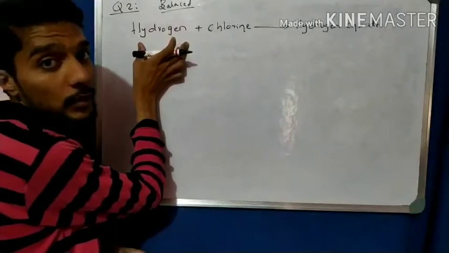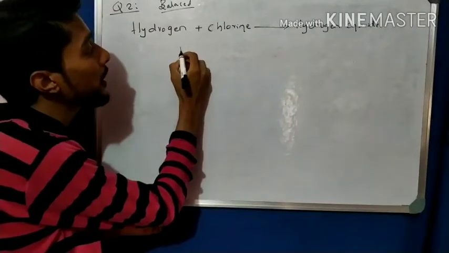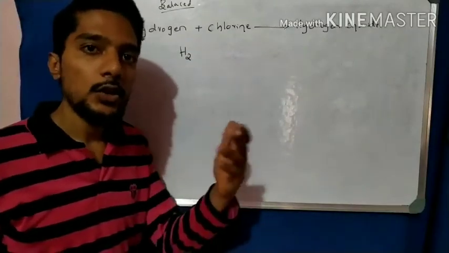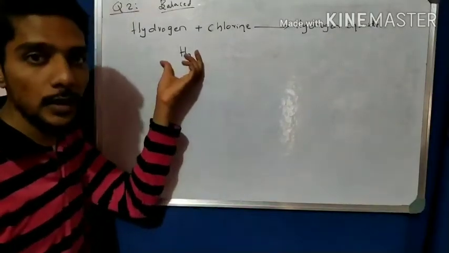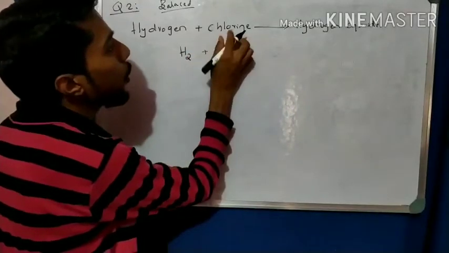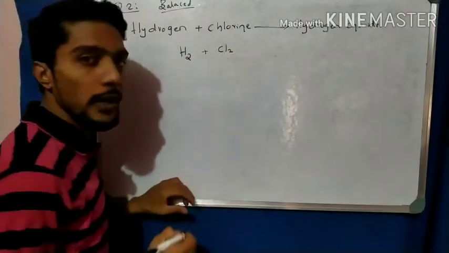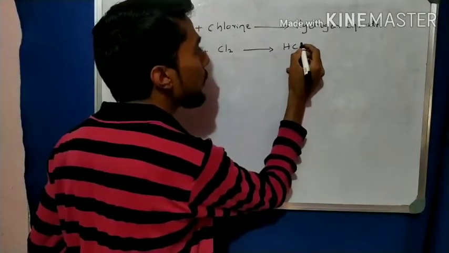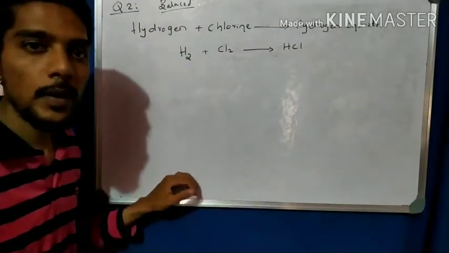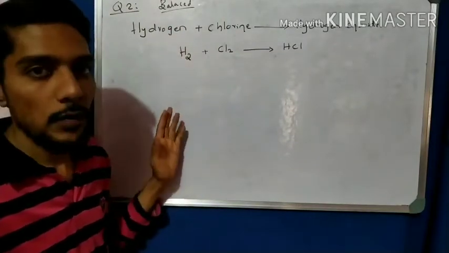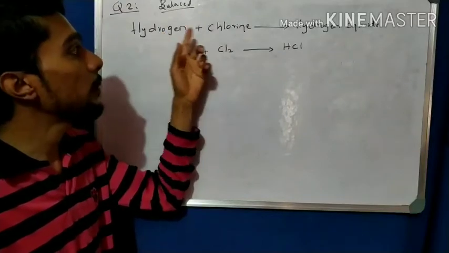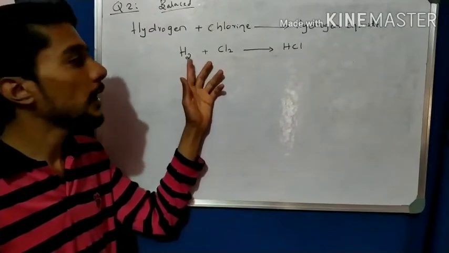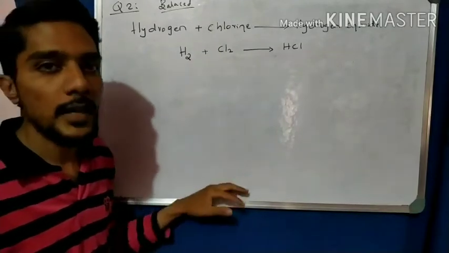It is very important to remember the symbols, be familiar with the symbols. So hydrogen. The symbol here is not H, it is H2, because H, with atomic number 1, is unstable, so it is H2 for stable. So H2 plus chlorine is Cl2, which is equal to hydrogen chloride, meaning HCl. You have to remember these symbols, because sometimes in an examination they give the sentence, give the name, and you have to put the correct symbols. Then only you can balance the chemical equation.